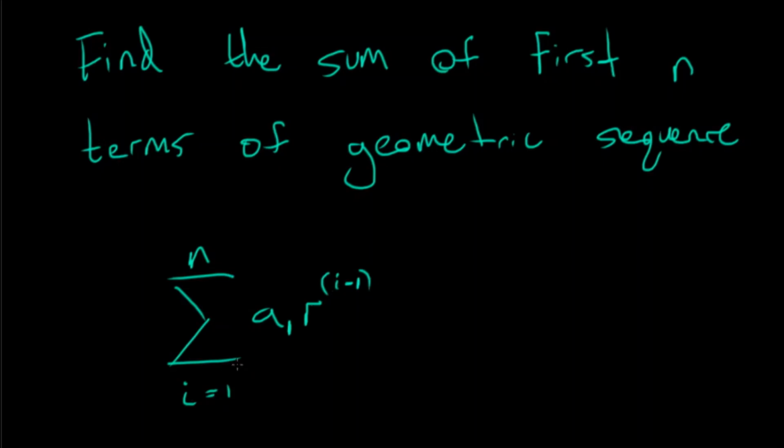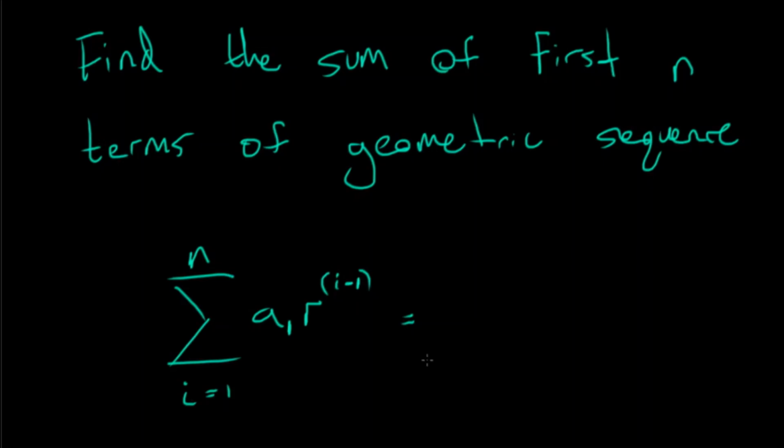So let's see if this is correct. If I plug in 1, I get the first term times the ratio to the 0th power, so I get the first term. Cool. If I plug in 2, I get the first term times r to the first power, so the first term times the ratio. Cool, this is going to work. Awesome. So I want you guys to find the sum of this thing for arbitrary first term, ratio, and amount